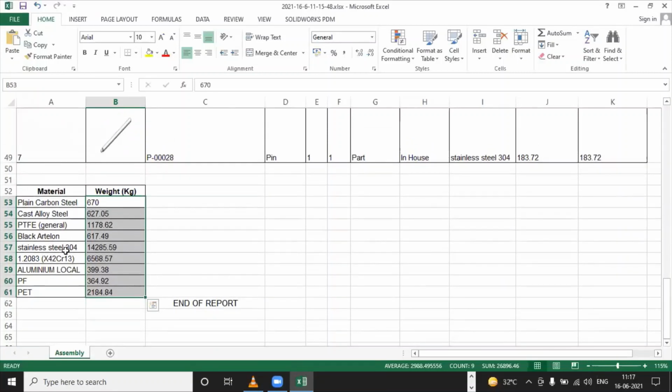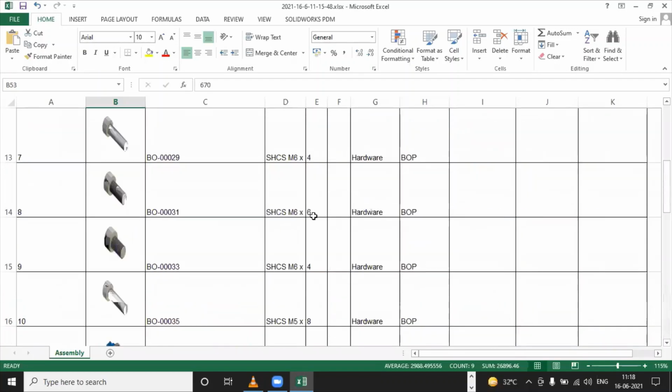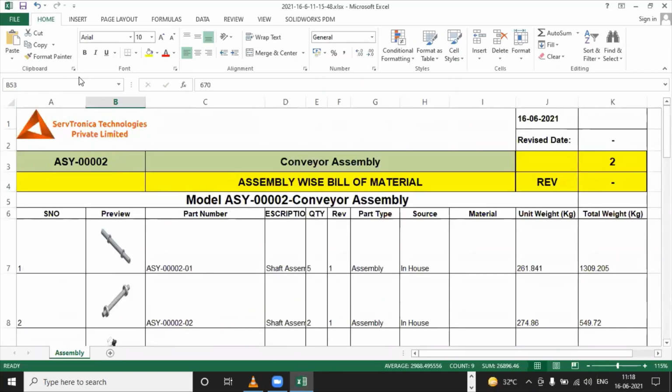So how does this help me? This will help me in planning my project, right? And everything is done during the design phase itself. As soon as my 3D is complete, I can start releasing these BOMs, right? And this BOM can be used for my planning, manufacturing activity, purchase activity, etc. So this gives me complete freedom to do that. The production team or the purchase team need not wait for the drawings to be released to start their planning activity. They can start their planning as soon as my 3D design is complete.